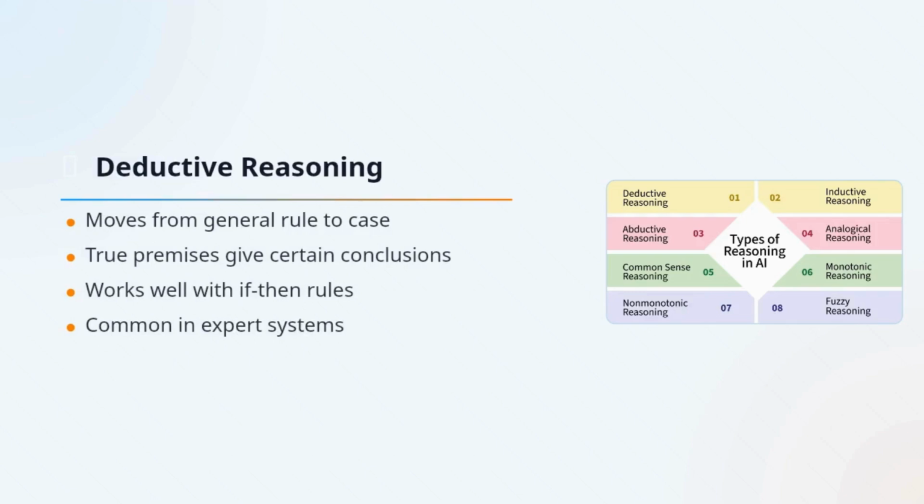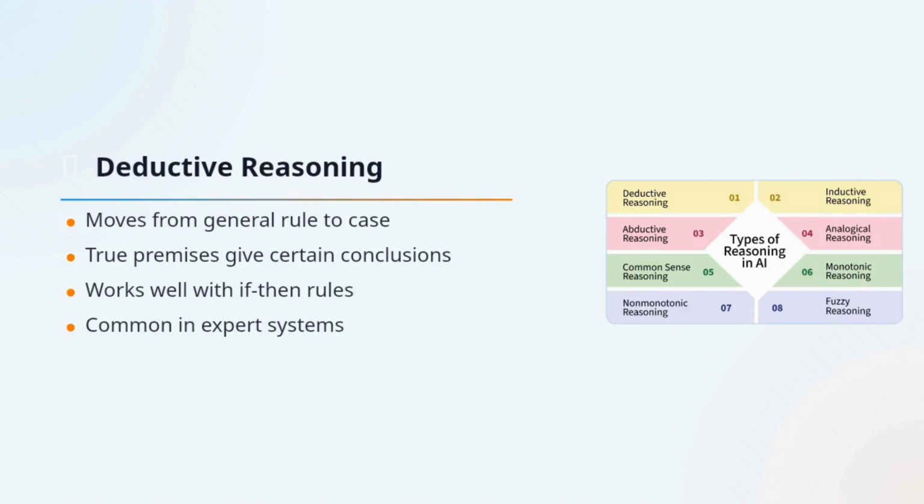Deductive reasoning starts with a general principle and applies it to a specific case. If the starting premises are true, then the conclusion is guaranteed to be true as well. A classic example is, all humans are mortal, Socrates is human, so Socrates is mortal. In AI, this is very useful in expert systems where predefined rules are applied to give reliable decisions, like in